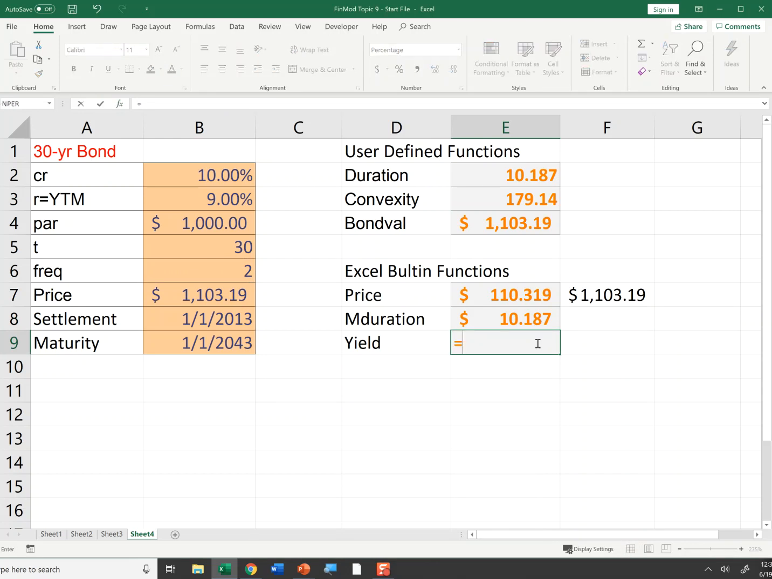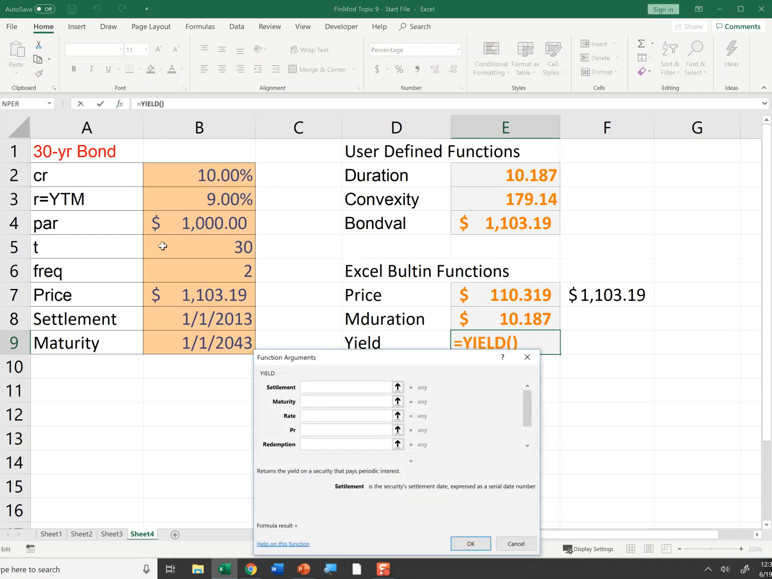And then the last thing is we can calculate the yield to maturity of the bond. Let's say equals yield. I'll put in the settlement, the maturity, the annual coupon rate, the price of the bond. Now the price, let's assume this bond is selling for 110.319. Notice where it says price, it's the security's price. So actually I'm going to put in that price right there,